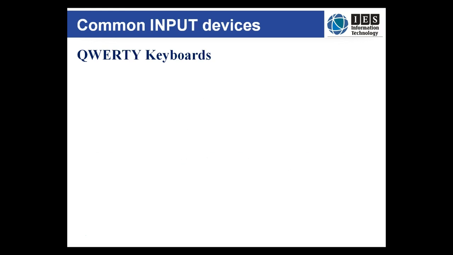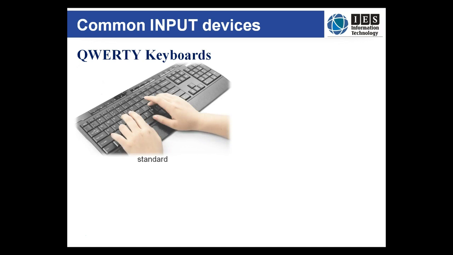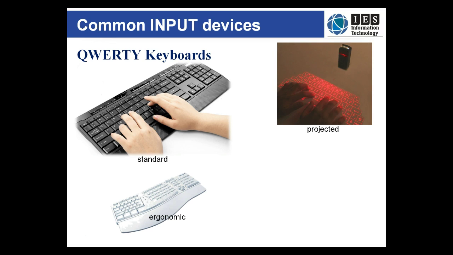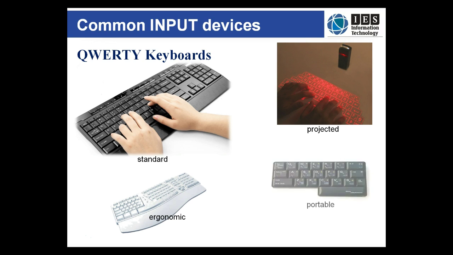The most common input device is the keyboard, and the most common keyboard is the QWERTY keyboard, so named because of the first 6 letters on the top row of keys. It has a long history and many myths surrounding it, but its design is such that a typist on an old mechanical typewriter could achieve greater speeds because the hammers that struck the ink ribbon onto the page were less likely to jam than the original keyboard layout, which simply had the keys in alphabetical order.